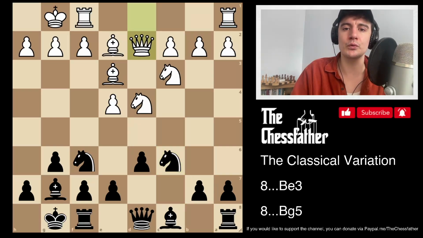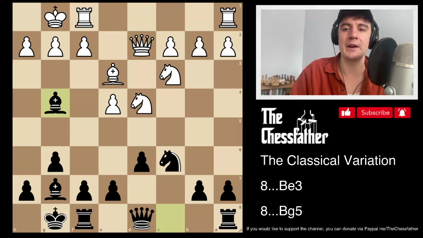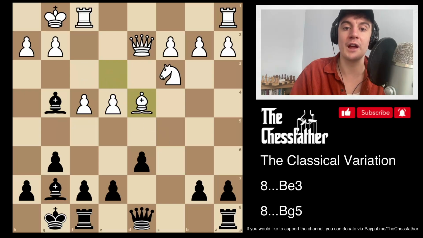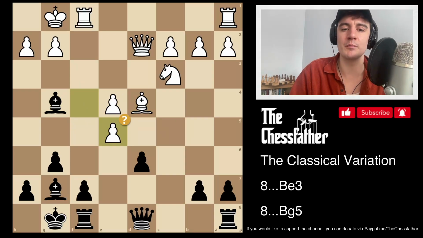Again, if they play a move like queen to d2, we can just go after this dark squared bishop. Now the dark squared bishop can't leave e3 without hanging the knight, so they would likely need to chop this piece down, and then after a move like f4, well, actually here we can chop the knight off and now play e5, because if f takes on e5, this is actually a little bit of a mistake, because we can